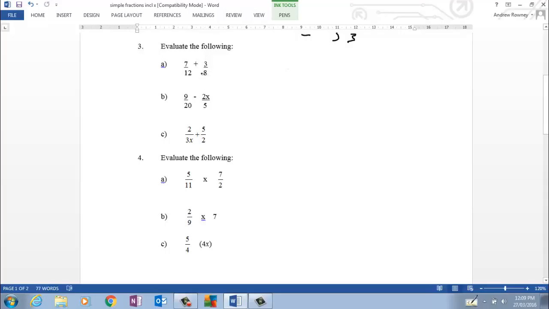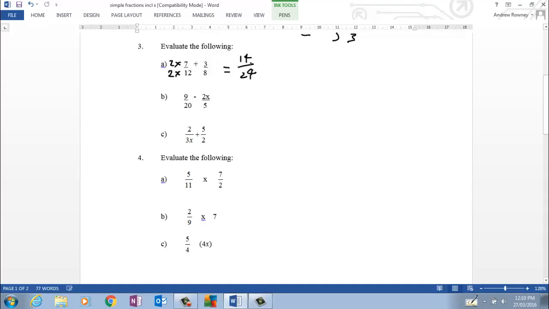First thing, we have to look at the factors of multiples of these two numbers, and you can see 8 doesn't go into 12. The next thing that 8 would go into and 12 would go into would be 24. That's the lowest common multiple of these two numbers. So if we look at 12, to get that to 24, we're going to times that by 2. If we times the bottom by 2, we have to times the top by 2. And so that becomes 14